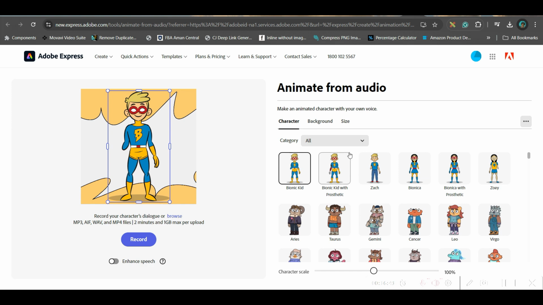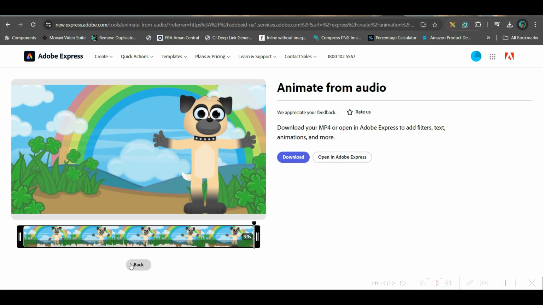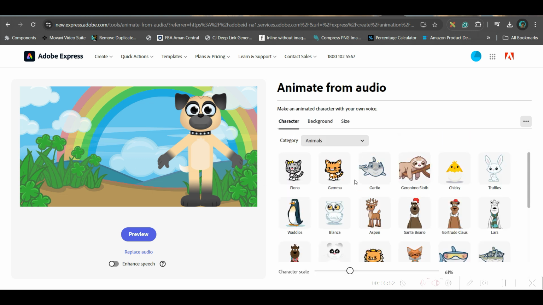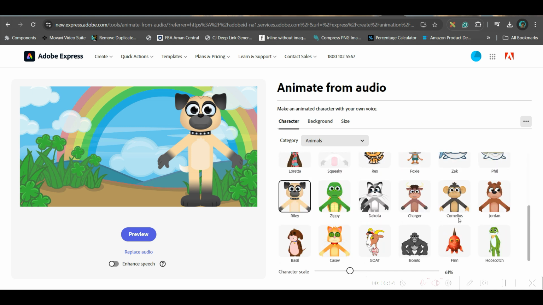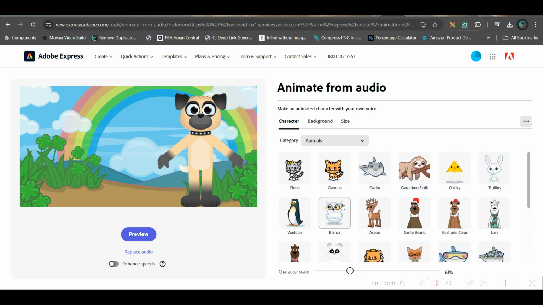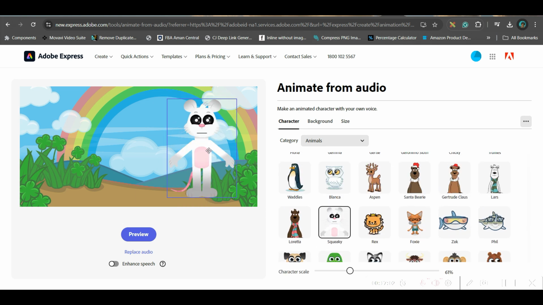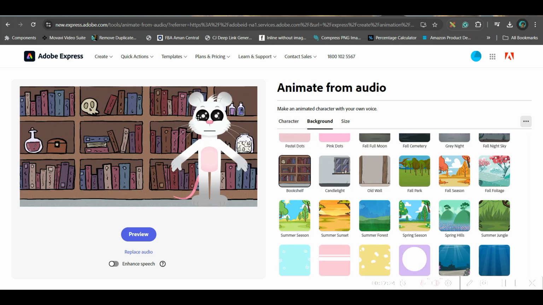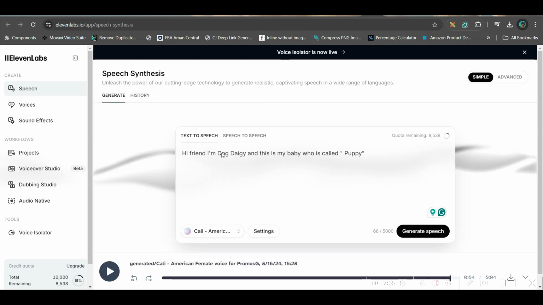So let us see if we find any cat's image. For that I will go to this back option where I was creating the video. Now here I will go to character and see I have got 2 cats. So you may choose any of these cat images or videos. So well, let me take this one. Okay, this is also a cute cat. Okay, this is so cute. So I would like to take this background. Make sure you have the position on the left hand side, because the little kitten will come from this side. Same way you will have to just change it.